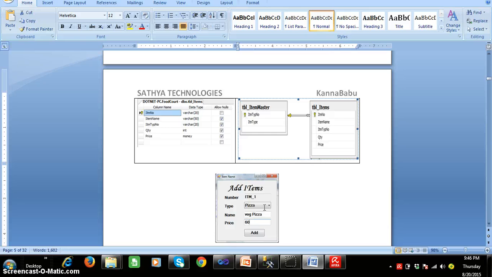So here, according to our requirement, I need to get both the values at a time and display in the combo box. One value I want to display, one value I want to insert. So my requirement is to get item type number and item type from the item master table, and I want to display the item type in combo box 1, and I want to insert the item type number. That is my requirement.